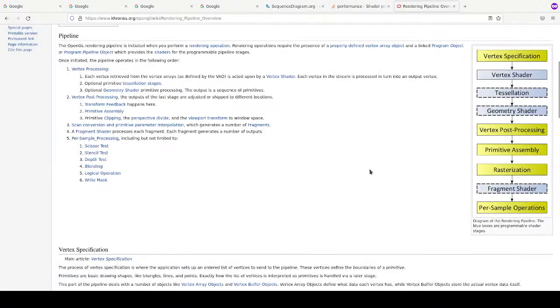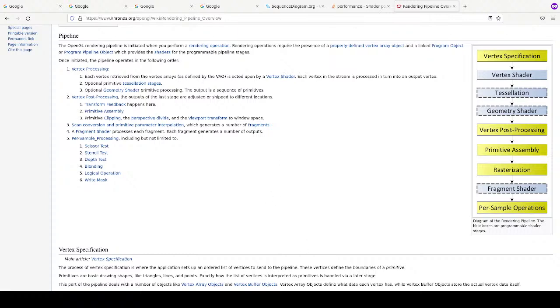So there are coordinates that are being sent to the OpenGL rendering pipeline. And after processing the coordinates, we run the vertex shader, which is whatever manipulation we have to do at the vertex level. So if you see the code here,